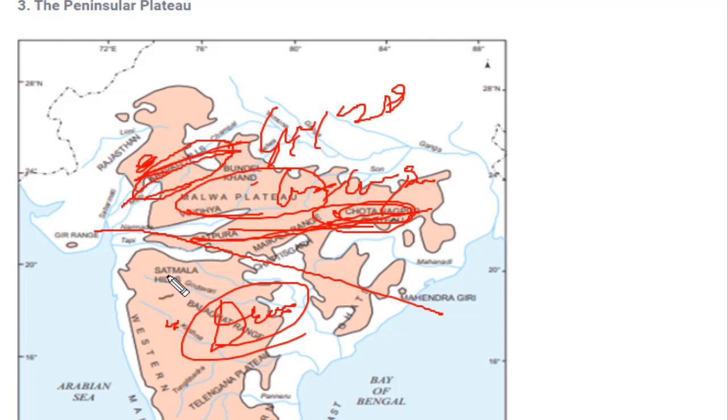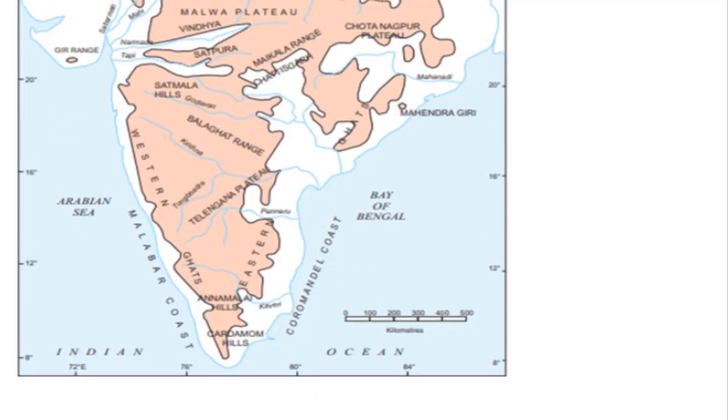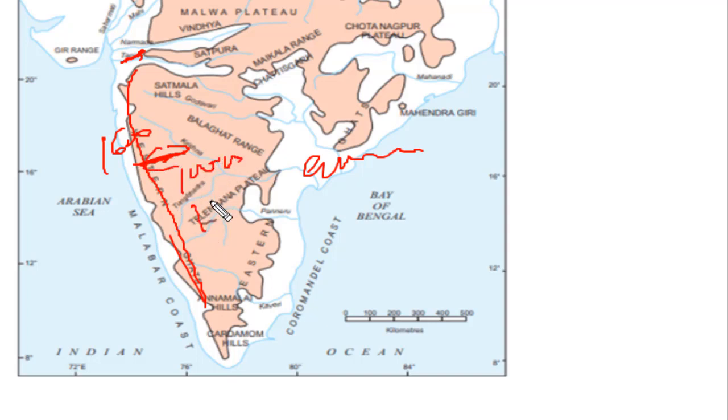And coming to the Deccan Plateau, it is divided into two parts. One is the Western Ghat, the other is the Eastern Ghat. Western Ghat means the area or the coast which lies on the western side, and the land which lies on the eastern side would be called Eastern Ghat. What is the significance of Western Ghat? In Western Ghat, the length is 1600 kilometers, whereas in the east the distance is lesser as compared to the Eastern Ghat. The width of the coast over here is around 1000 meters, that is 1 kilometer, and over here it is around 600 meters only.